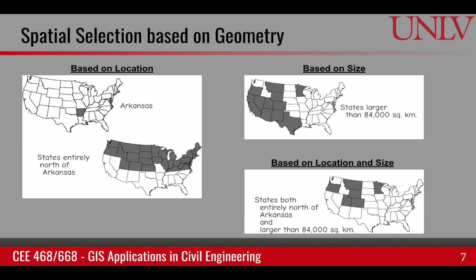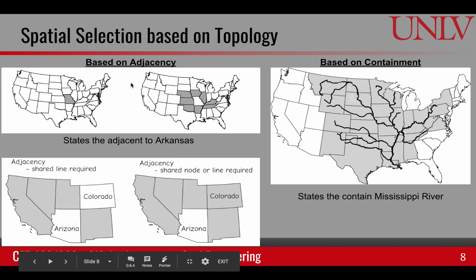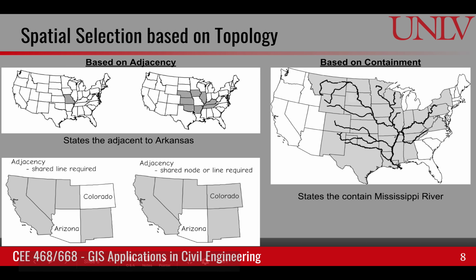Similarly, if we look at the topological basis for spatial selection, we can have adjacency. Find all the states that are adjacent to Arkansas. So that would result in these following states as the output of the selection process. But care has to be exercised here. The selection process